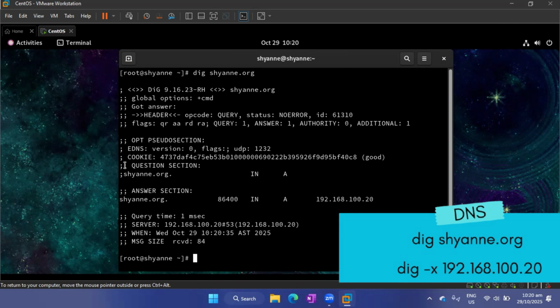So the domain name Shyanne.org is hosted at 192.168.100.20. So this allows systems and browsers to connect to your CentOS servers when users access Shyanne.org. It's exactly how users can visit your website using a human readable name instead of typing in raw IP